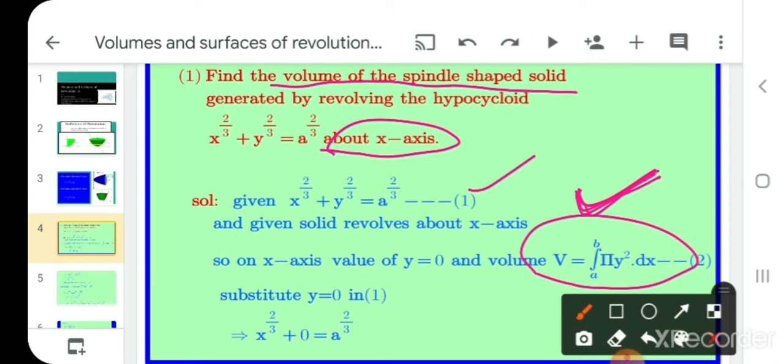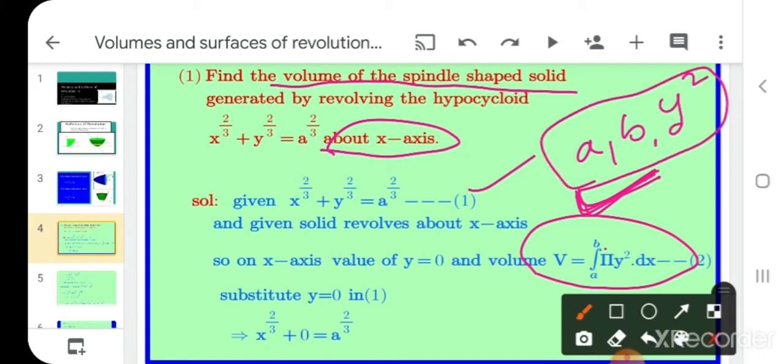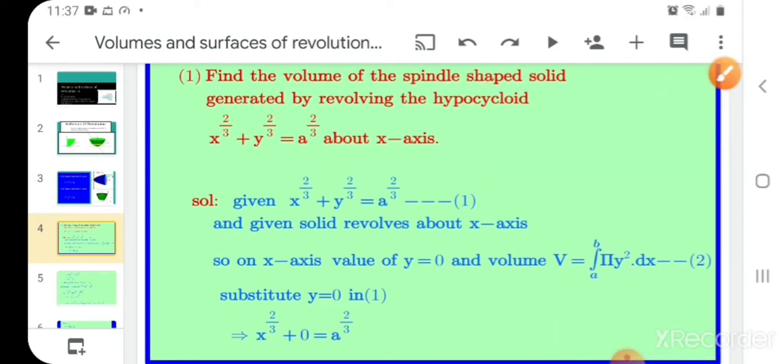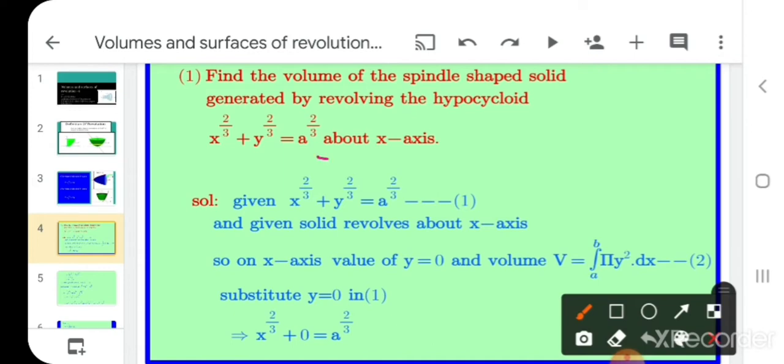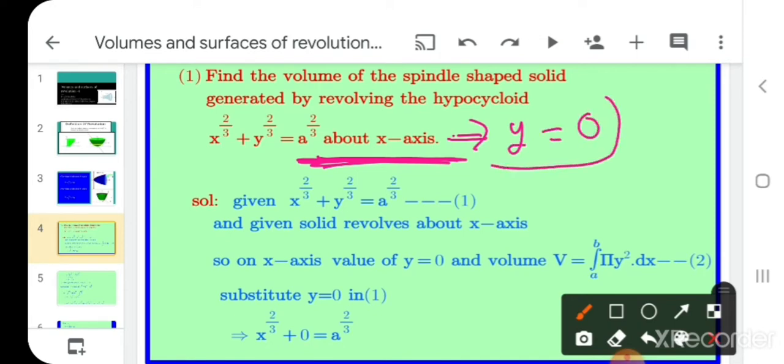We have to find which values? The limit values a, b, and pi is constant, so no need to find anything. And the value of y square. We have to find the limit values a, b and the y square value. For finding limit values, see here, the curve revolves about the x-axis, which means on the x-axis what is the value of y? 0. So I substitute y equals 0 in the given equation, then we get the values of x, that means